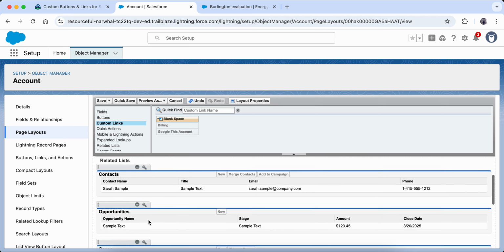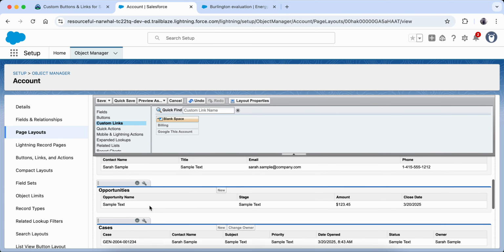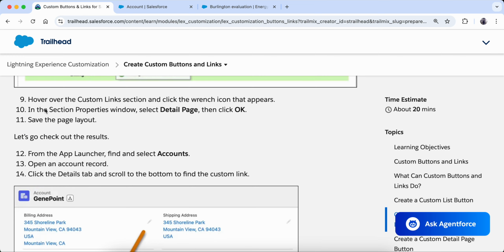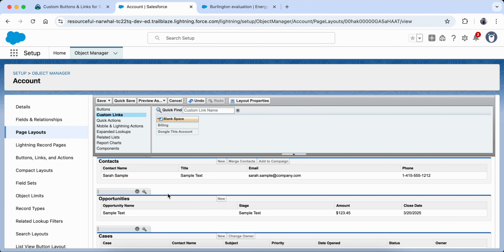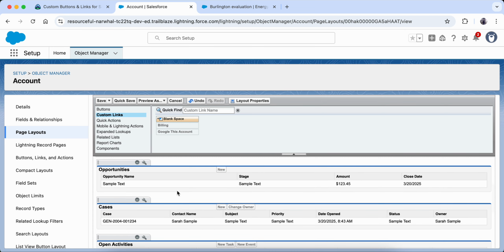Okay, I think this is done, right? Now they are saying, sorry, in the section properties window, select detail page and then click OK. Where is the section property?